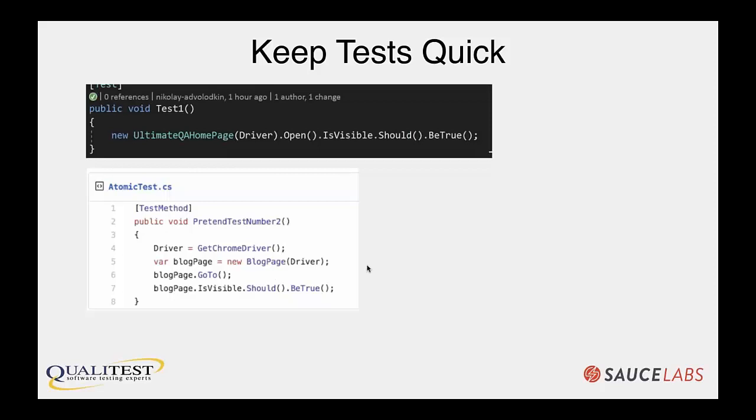And my strong recommendation, and I've seen this work very well in the past, is keep your test to a maximum of a minute long on your local environment. That will be plenty of time for you to test what you need to test, but use it as a rule of thumb, get started there. If you like that rule, go ahead and use it. If not, you can adjust, but it's to help you get started. But again, a minute long max on your local resources, and that will be a good rule of thumb because, again, it will allow you to get to that continuous testing, continuous delivery pipeline.